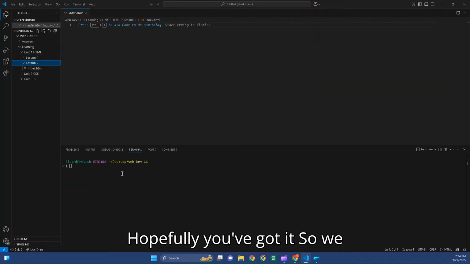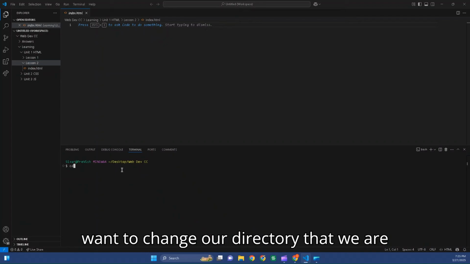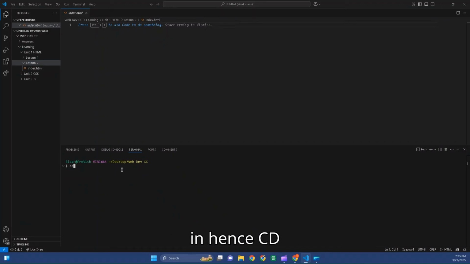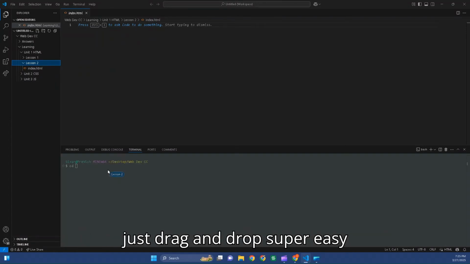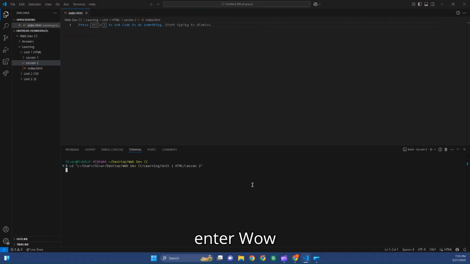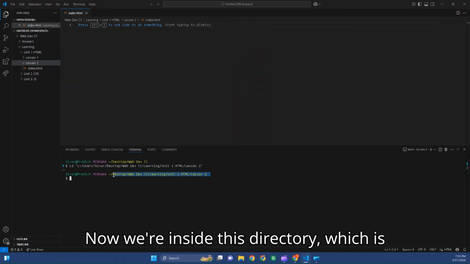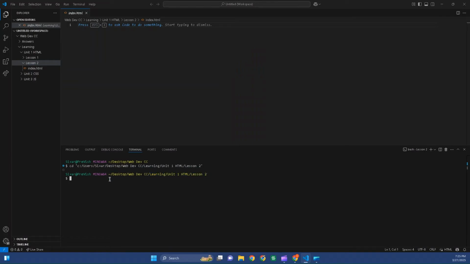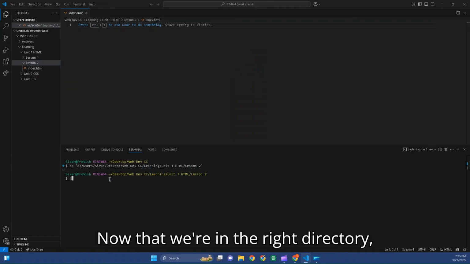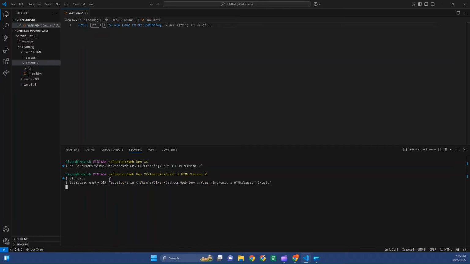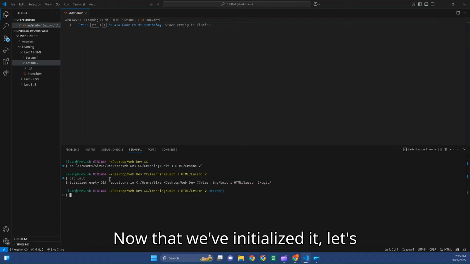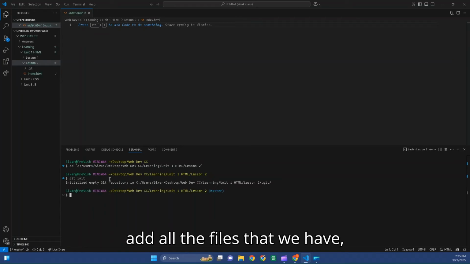So go to Lesson 2. Hopefully you've got it. So we want to change the directory that we are in. Hence cd, change directory. So we're going to want to cd into Lesson 2. Just drag and drop. Super easy. Enter. Now we are inside this directory, which is what we want. Now that we're in the right directory, we're going to want to initialize Git, which is git init. Now that we've initialized it, let's add all the files that we have,